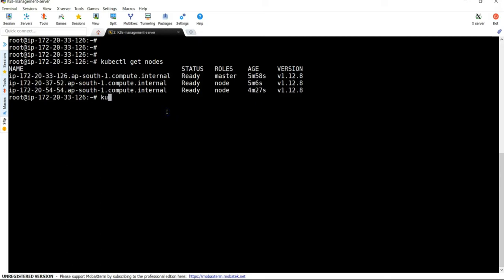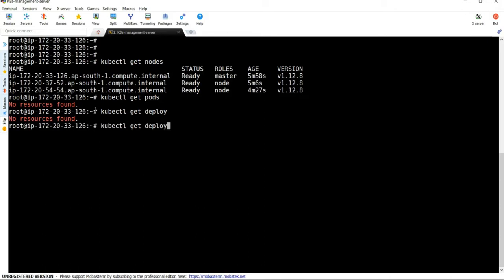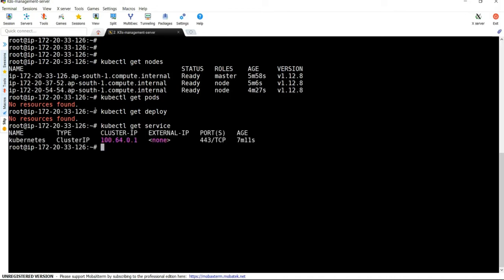Next, one more command is kubectl get pods. If you have created any pods, you can find them over here. So far we haven't created any pods, so you cannot find anything here. In a similar way, deploy or deployments, both will work. We don't have any deployments so far. Similarly, services. We haven't created any services. This is the default service which comes with the cluster, so it will be available,